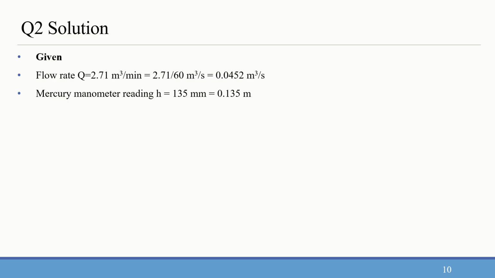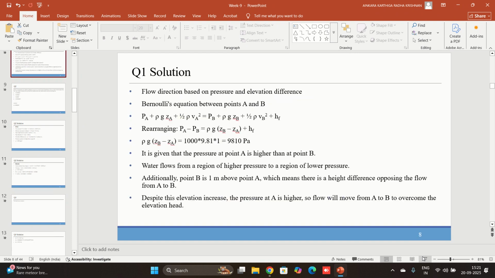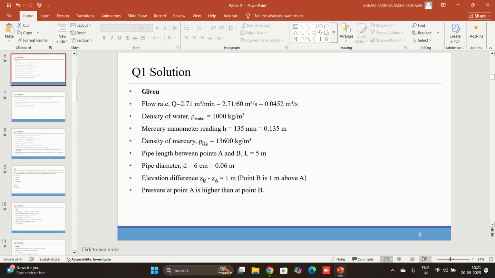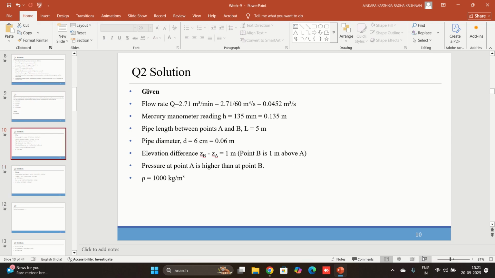So Q is equal to 2.71 meter cube per minute, and therefore we are dividing it by 60. What will we get? 2.71 divided by 60,